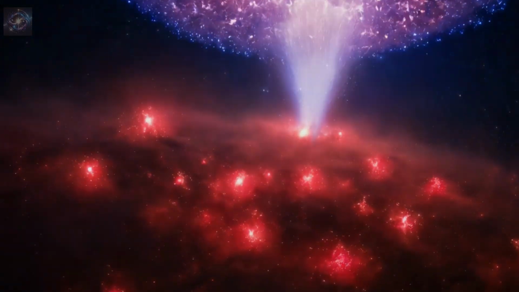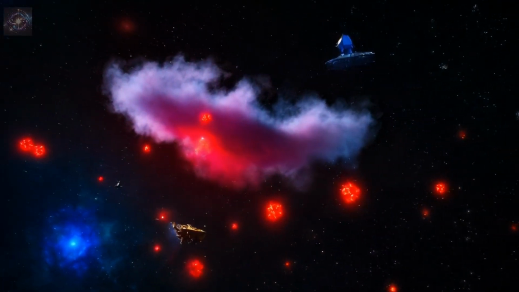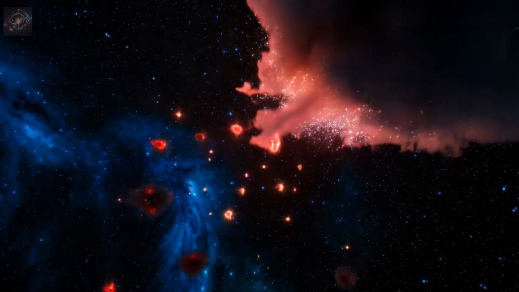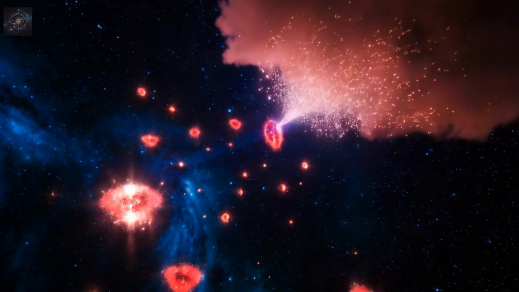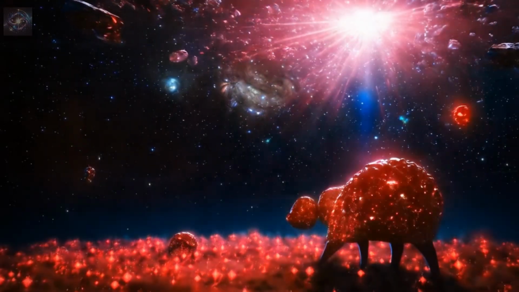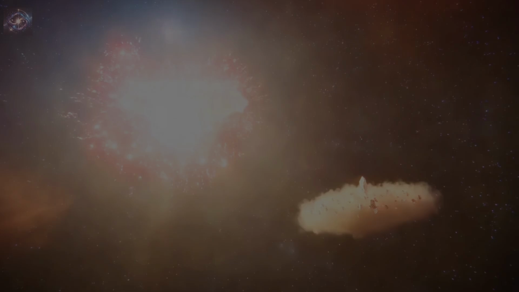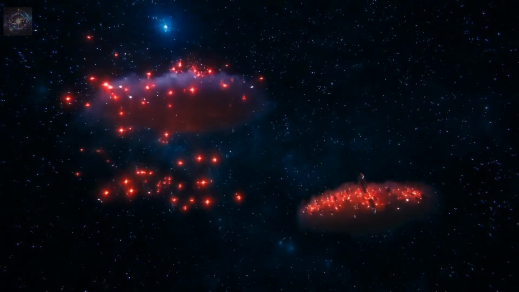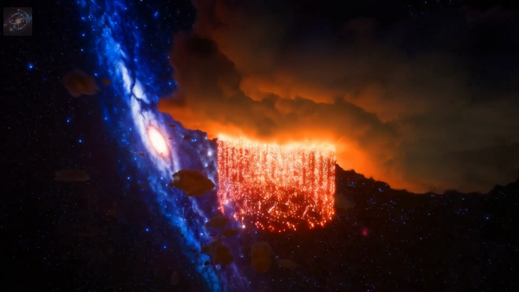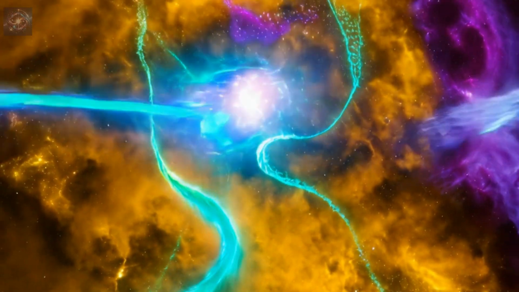When meteorites containing such preserved grains are found on Earth, they allow scientists to directly sample matter that predates the Sun itself. Modern research on gas clouds is increasingly powered by machine learning and artificial intelligence, which can sift through petabytes of multi-wavelength survey data to uncover patterns too complex for the human eye. AI-driven algorithms are now classifying cloud morphologies, identifying previously unnoticed filamentary structures, and even predicting which regions are most likely